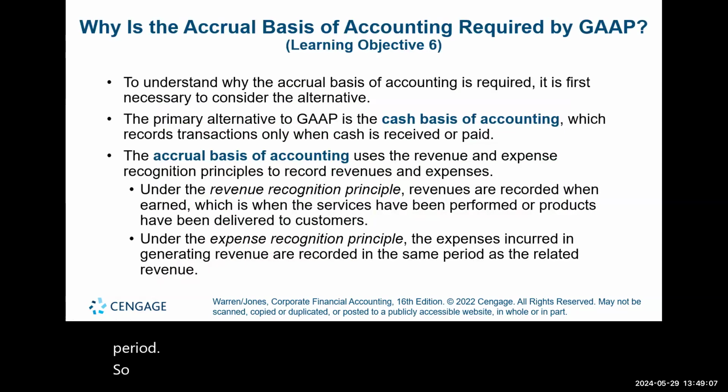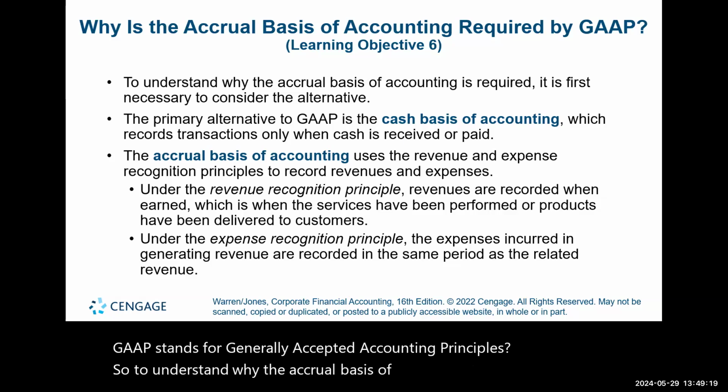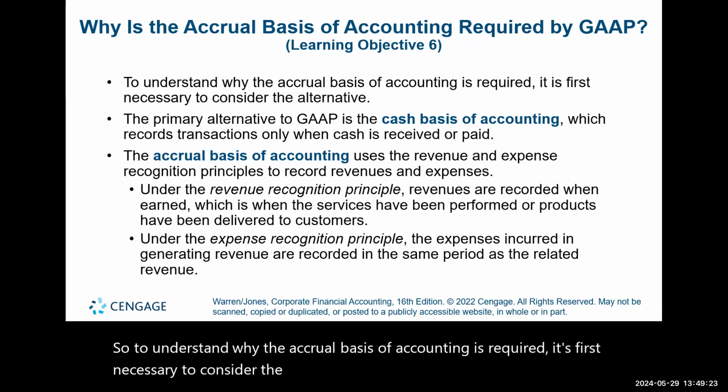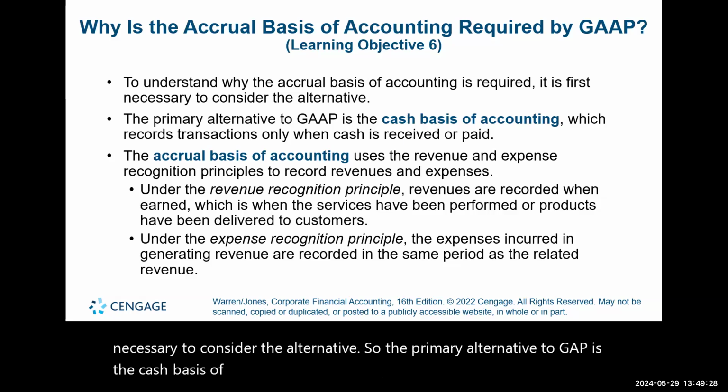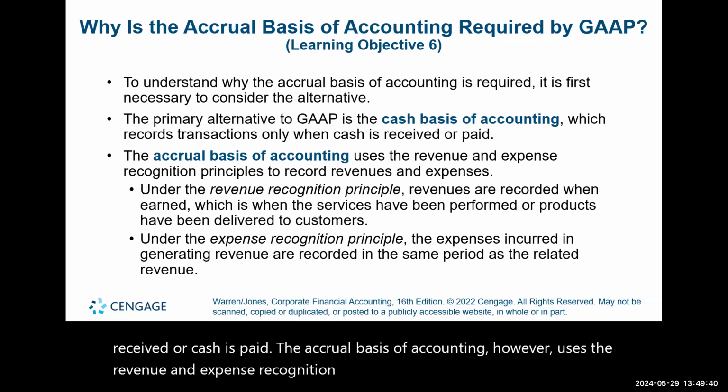So why is the accrual basis of accounting required by GAAP? And we know GAAP stands for Generally Accepted Accounting Principles. So to understand why the accrual basis of accounting is required, it's first necessary to consider the alternative. The primary alternative to GAAP is the cash basis of accounting, which records transactions only when cash is received or cash is paid. The accrual basis of accounting, however, uses the revenue and expense recognition principles to record revenues